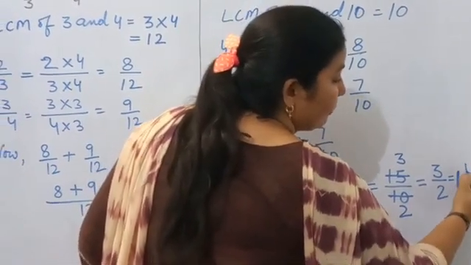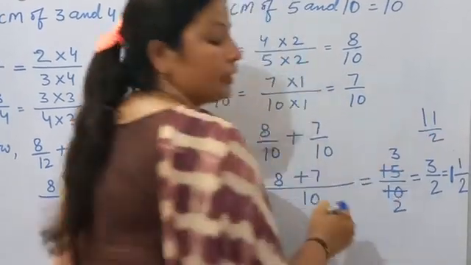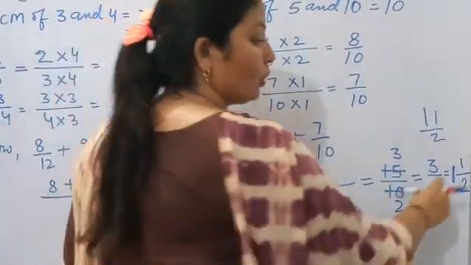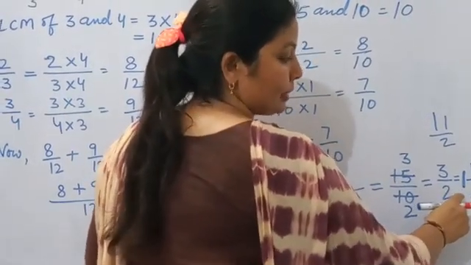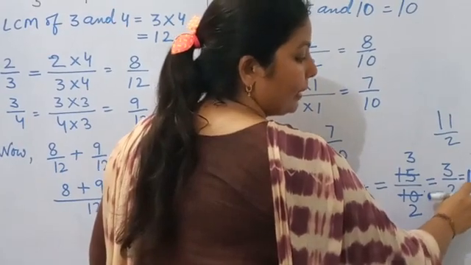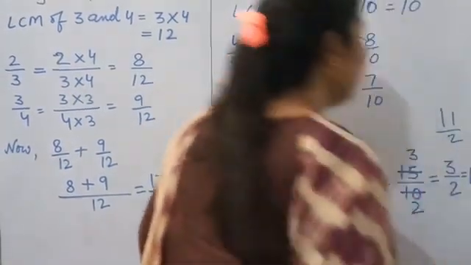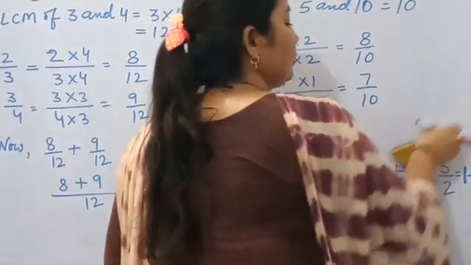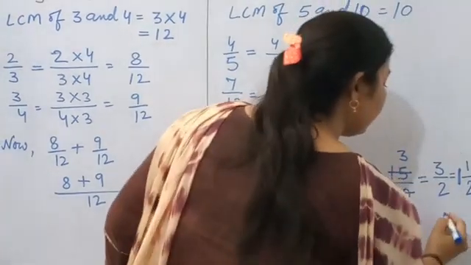नाउ 1 अपॉन 2 आप लोग कैसे राइट कर देते हो? ये 11 अपॉन 2 बना देते हो. दैट इज़ रॉन्ग. आपको जो ये 1 होल है वो फ्रैक्शन लाइन के सामने राइट करना है. यस्टरडे आल्सो यू हैव डन दिस मिस्टेक. तो ये आपका होल यहाँ पे आएगा, देन 1 न्यूमरेटर एंड 2 इज़ डिनोमिनेटर. So like this you will do 1 whole 1 upon 2. That's your answer.